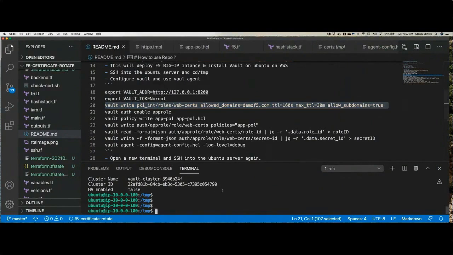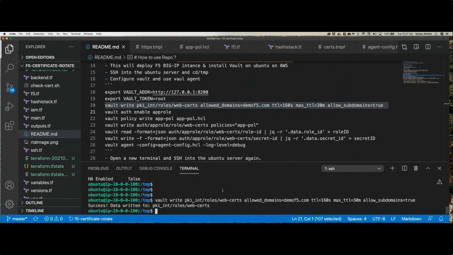So I'm configuring the PKI here. In the PKI, I'm configuring the allowed domain as demo f5.com. The TTL value is 160 seconds. That means after 160 seconds, the certificate will expire. So what the agent will do is contact Vault, get the new certificate, and deploy that certificate onto BIG-IP. So I'm configuring my app role here,